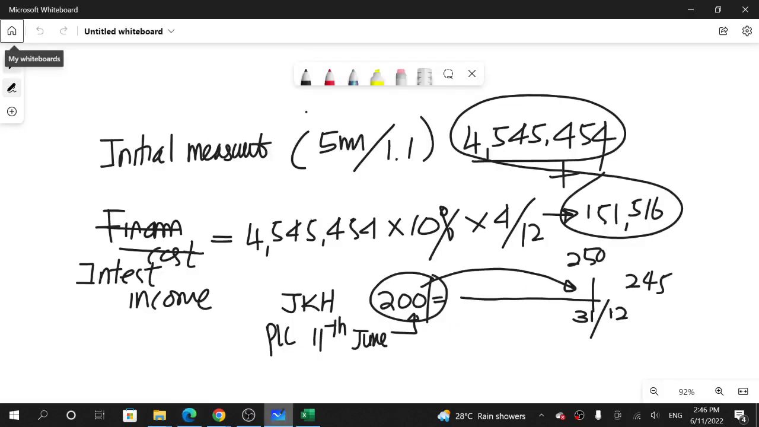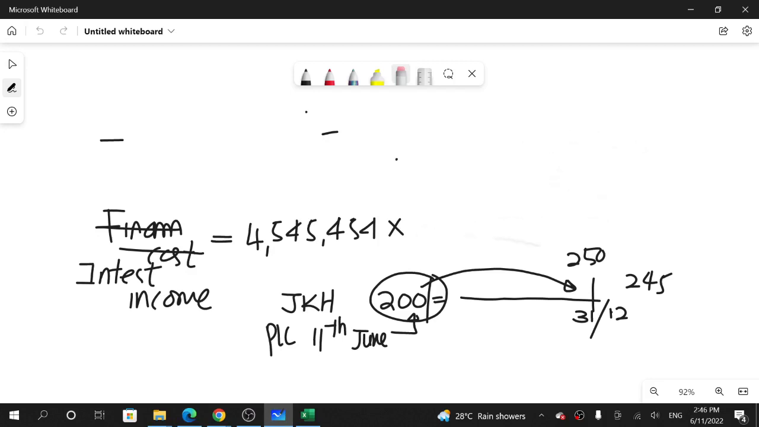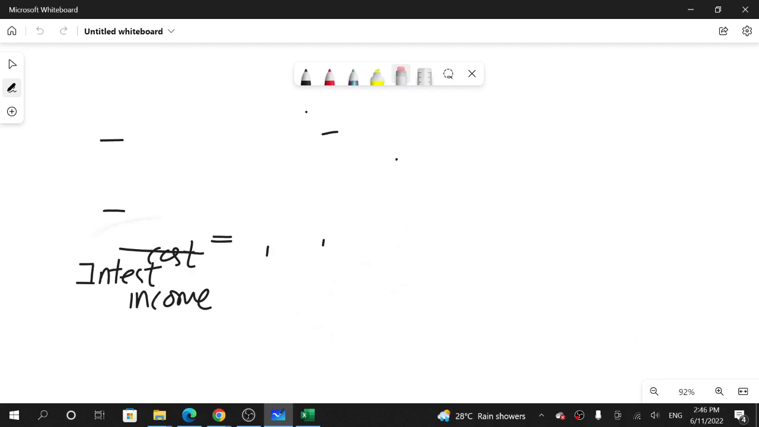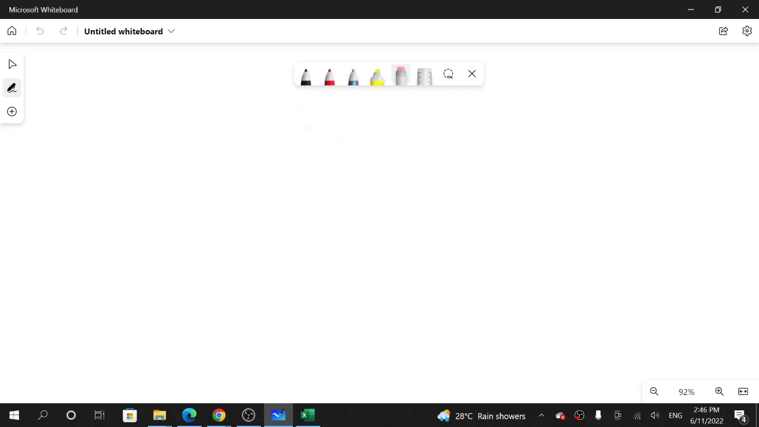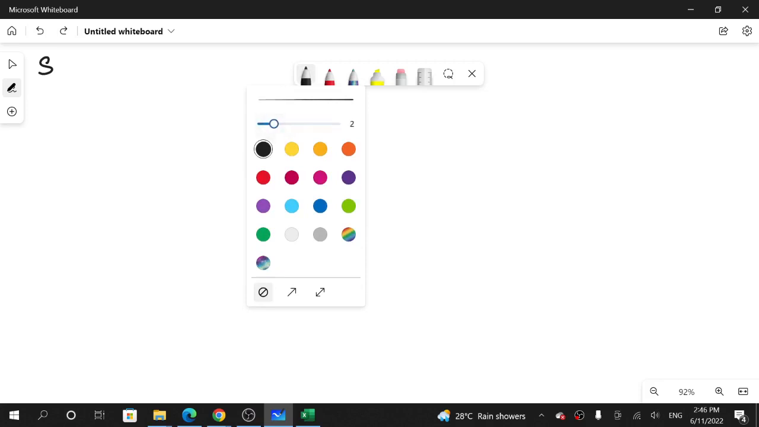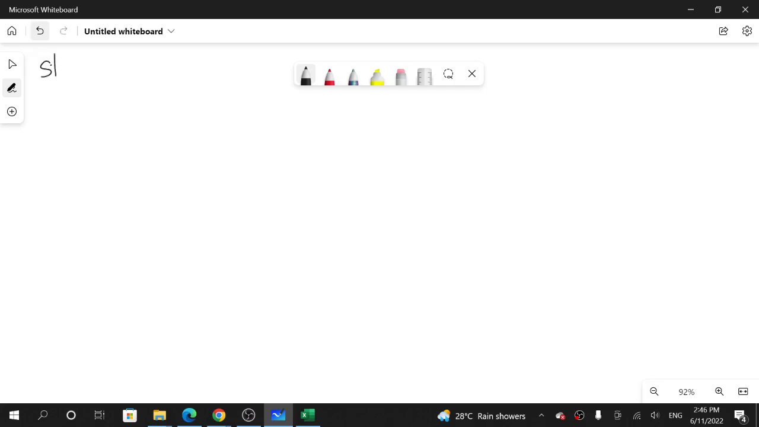Now we want to show the financial statement extracts. What financial statement extract can we show? We can show the statement of profit or loss and other comprehensive income. That is one. There, what we can show is that during the period we have received dividend,